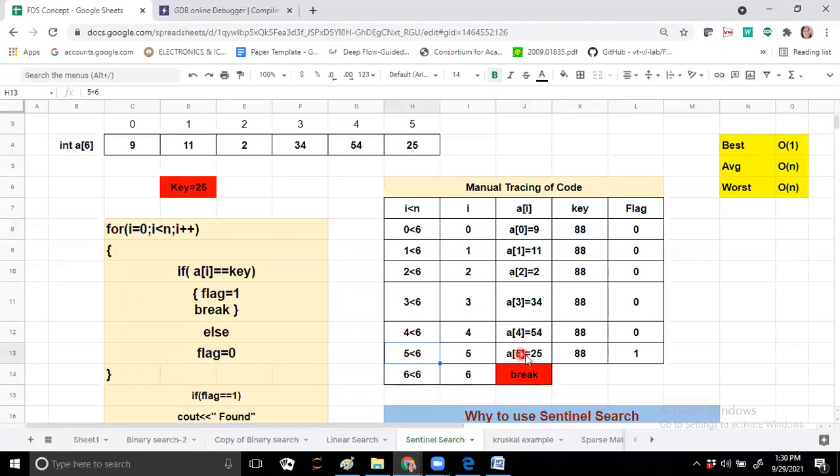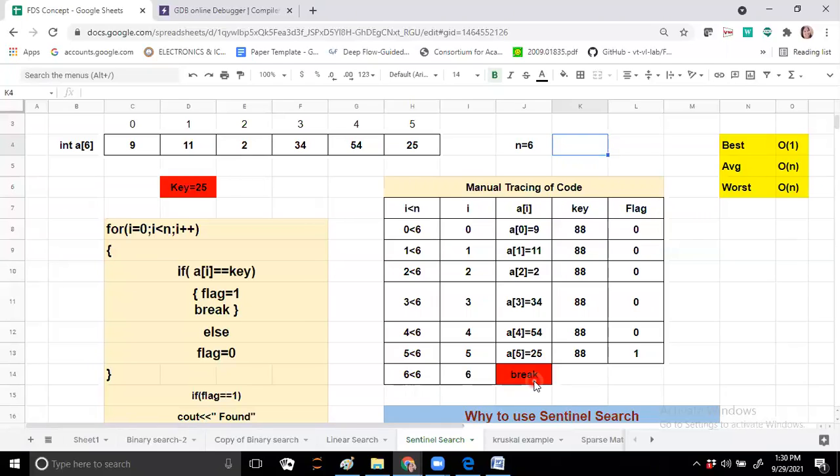Till the fifth position of the array, the last element 25 does not match the key 88. In such a case the element is not found, but our for loop is still working, and when i increases from 5 to 6, this 6 is the total number of elements in the array, so n indicates 6, the size of the array. So 6 is less than 6, the condition is false, and the loop will break.